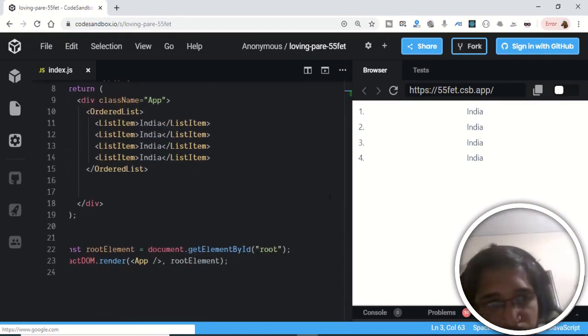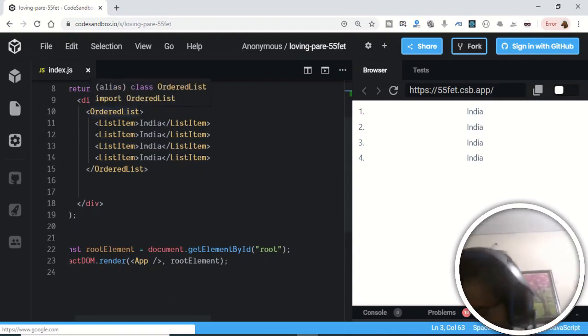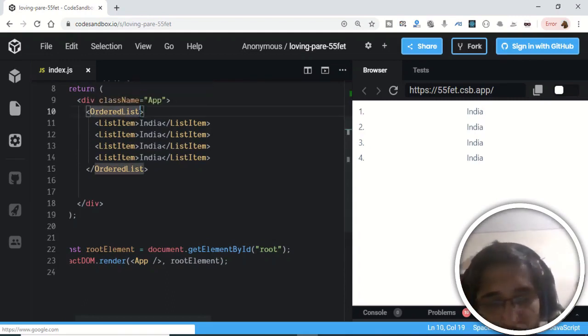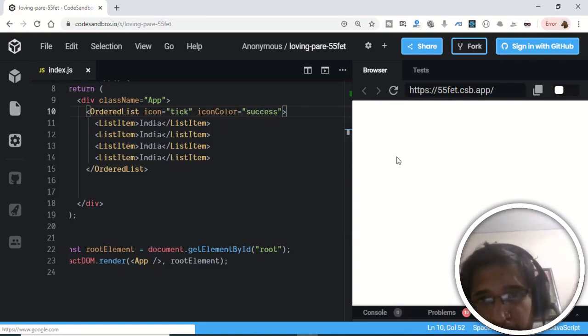And now if you want to integrate some icons within this list, right here at the top you can just add a property which is icon. Here you can provide any icon of your choice. Let's suppose I provide tick here, and an additional property of icon color, you can provide any color, let me provide success, and if you refresh it,